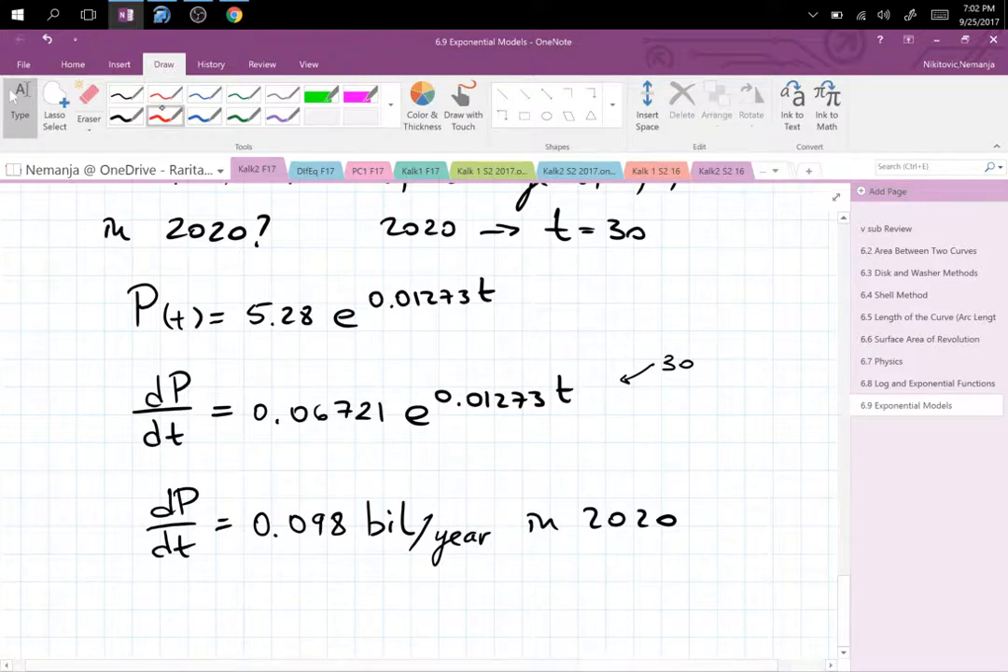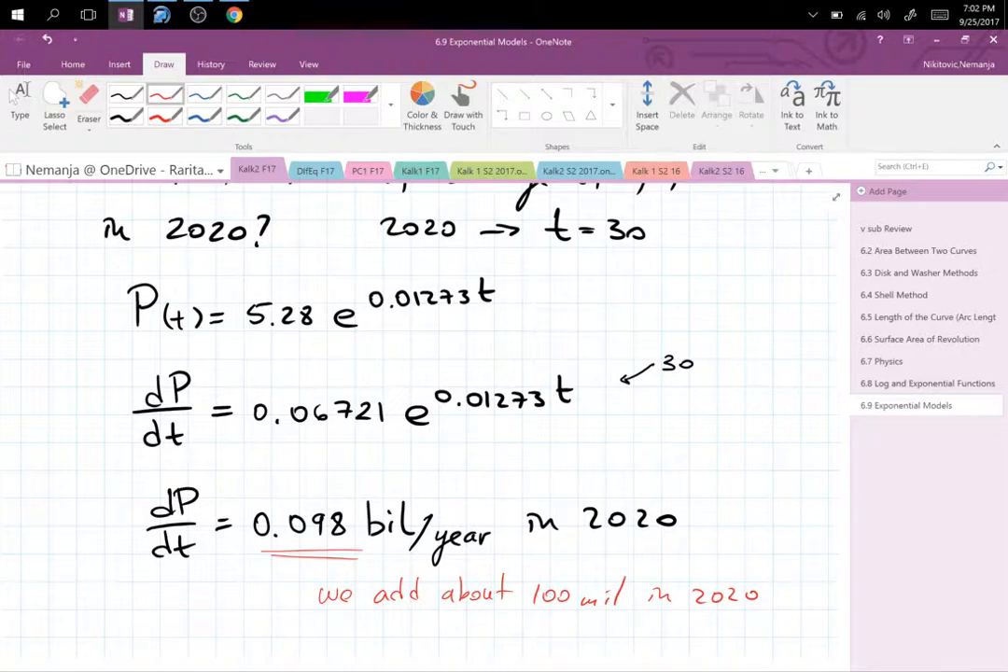So this result here means we add about 100 million in 2020. That's what it means. You see how important calculus and derivatives are for this type of analysis. Now, again, go to biology, observe coral reefs, observe rabbits, observe wolves, observe bald eagle. They still exist? Yeah, right? Whatever else,